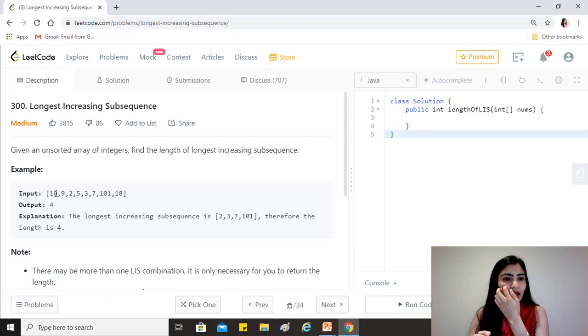If we just try to do that for each element, and since it's not a subarray, we would have to think of all the various possible combinations, and it would be a very complex and time-consuming solution, right? So here we can easily reuse the results that we derive, for example, for 10 in deriving the results for 9, because 10 comes before 9 in the array, and so on for all the elements. So this kind of fits into the logic of dynamic programming, and the idea behind solving this would be that we would